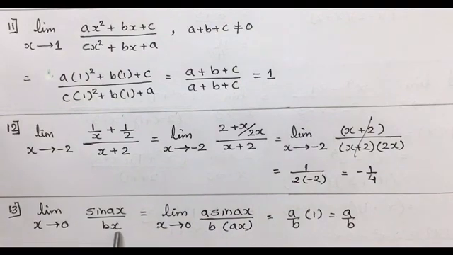So, to get a in the denominator, we'll multiply with a as well as divide with a. The adjustment is to be done. Now we have got sin ax divided by ax, and x is tending to 0. So the whole of this value will become 1. And a upon b will be as it is. So a upon b multiplied by 1, the final answer will be a upon b.